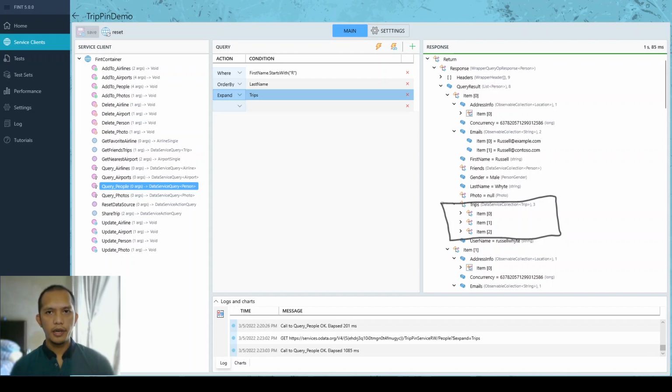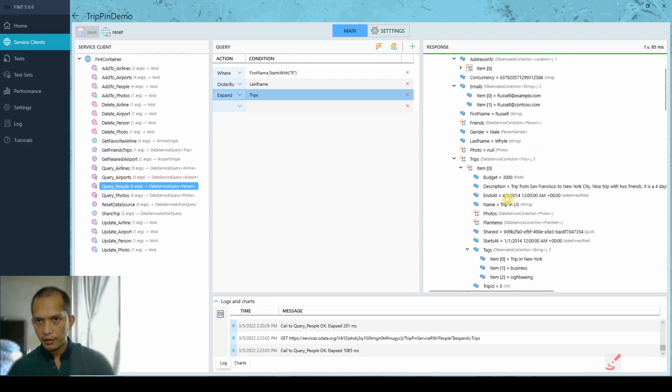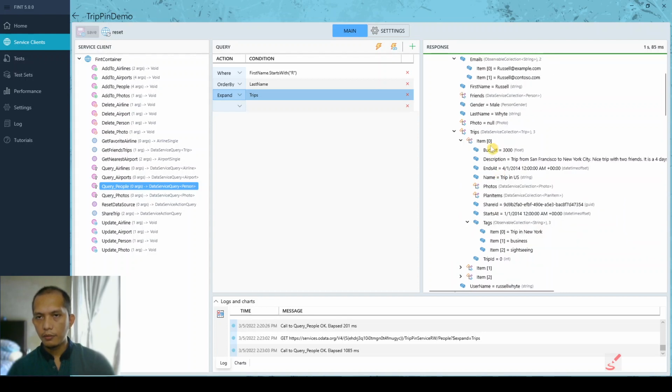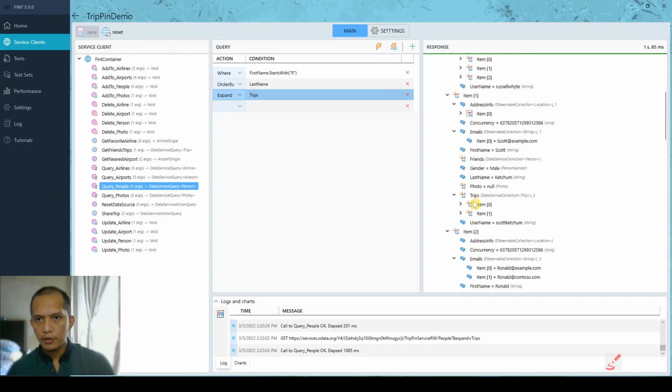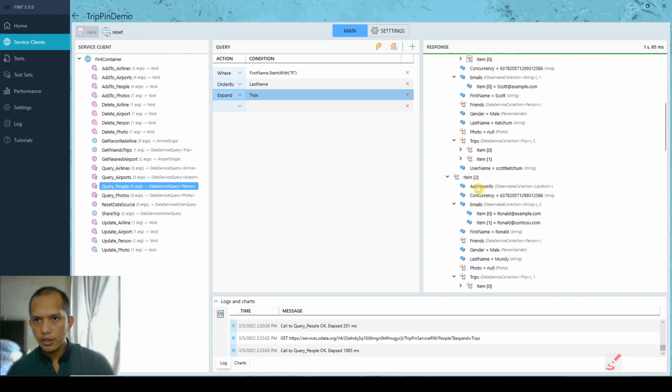We now have 3 items in the trips property for Ronald. And if you expand that, you can have more details on each trip. So this one cost him 3,000, and it was a business trip to New York, and he did some sightseeing. So for the other one too,